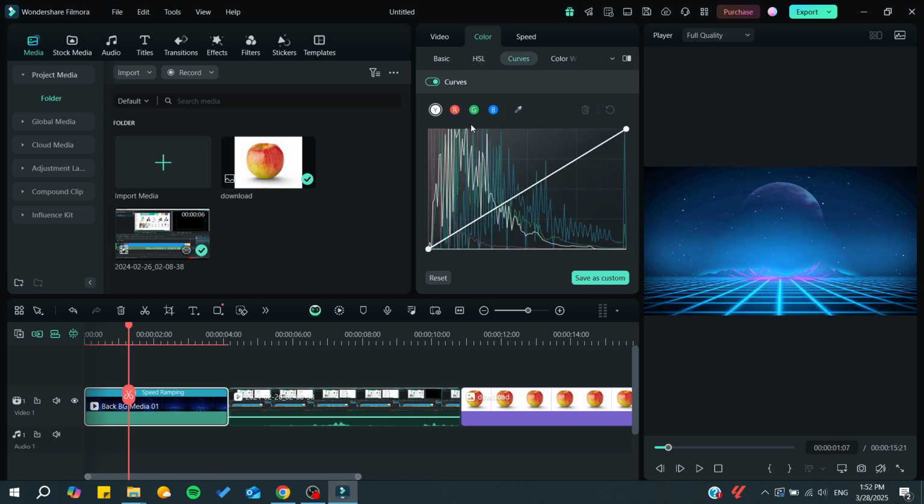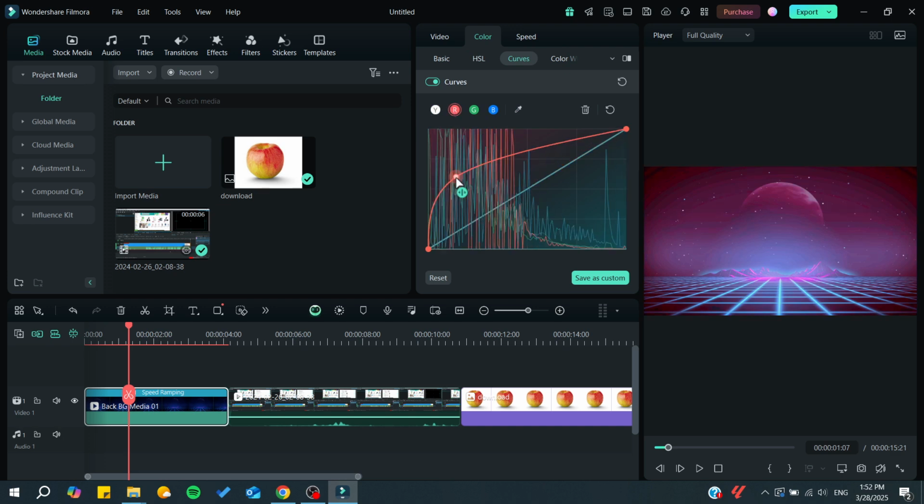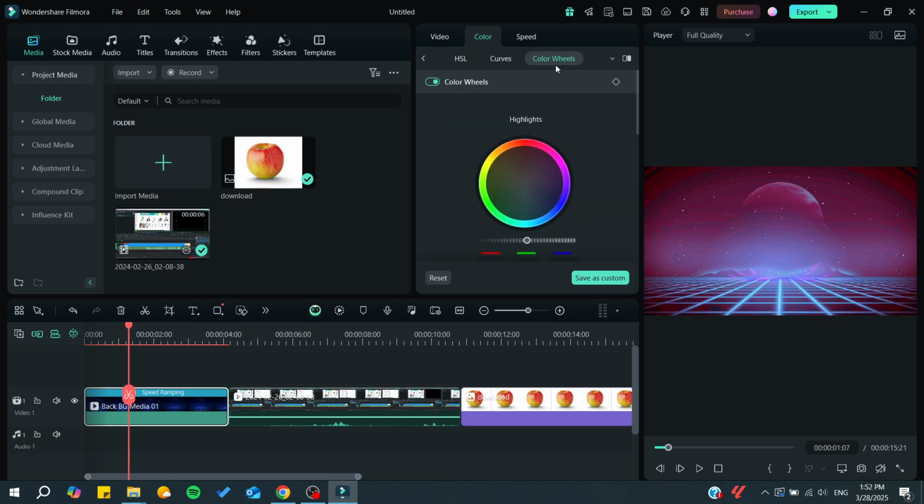You can start playing with the curves. For example, I would choose the red, and I want it to be for example, like that, etc. You can also go to the color wheels and start playing with the highlights of some colors if you'd like,